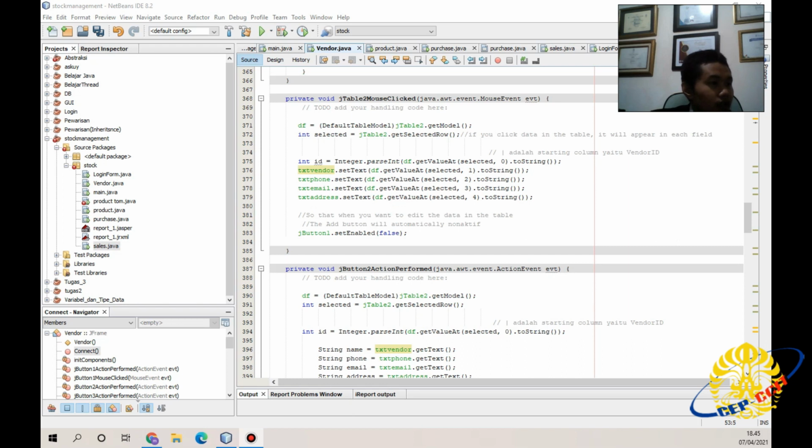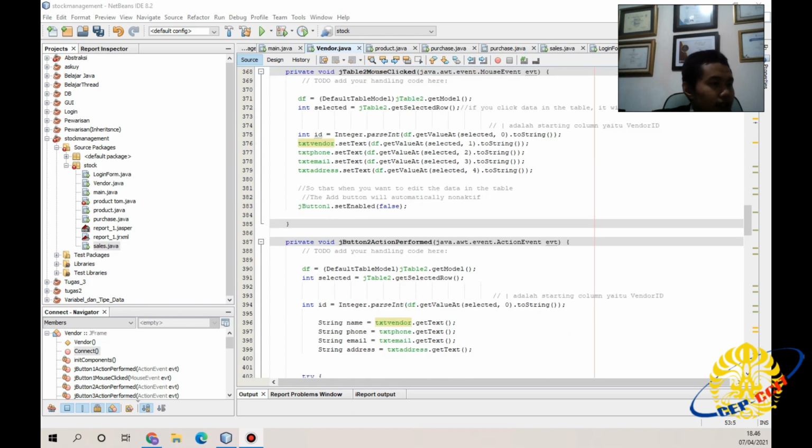Okay, in table 2, if you select a table row and click data in the table, it will appear in each field. Okay, integer ID, Integer.parseInt, df.getValueAt selected 0.